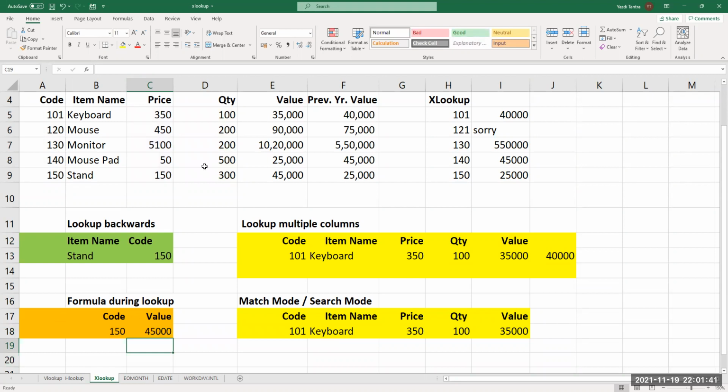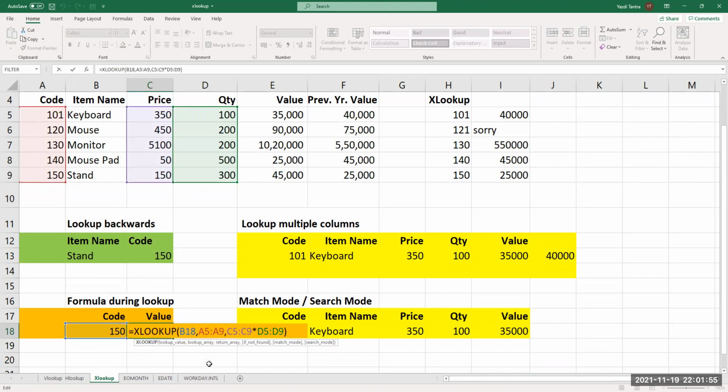I'm not using this value. I'm just multiplying this by this, price into quantity. Are we getting this? Can we see that formula again? Yes. So what you're saying, XLOOKUP, B18, that is this code, comma, where you want to look up, A5 to A9.